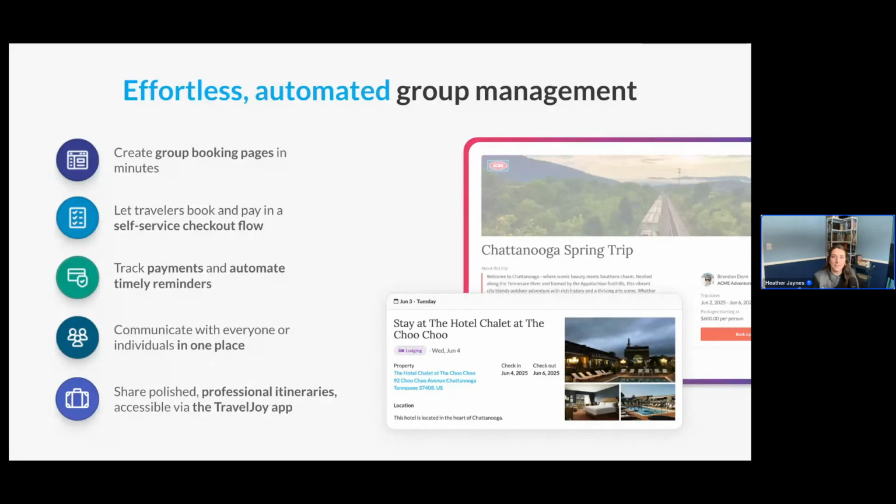Behind the scenes, TravelJoy tracks payments, sends reminders, keeps communication organized, and gives you one place to message the entire group or individual travelers. And on the client side, everything looks polished and professional with itineraries they can easily access right from the TravelJoy app. The goal is simple: less manual work for you and a smoother experience for your clients.